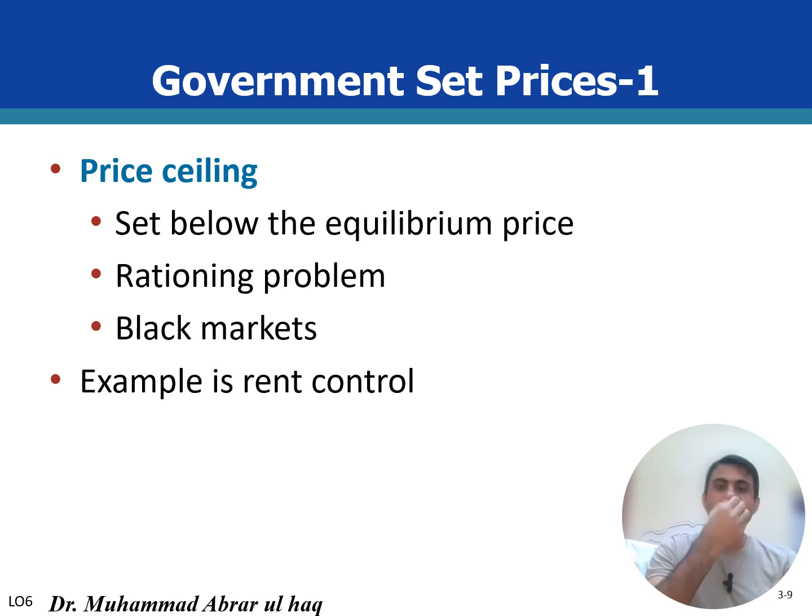The price ceiling typically intervenes in the market where policymakers perceive the goods or services are essential or a necessity, or where they aim to protect the consumers from perceived exploitation by the suppliers. So by setting a price ceiling below the equilibrium, the policymakers intend to ensure affordability, particularly for goods like housing, essential utilities, or agricultural products. However, the consequences of this intervention often lead to several economic